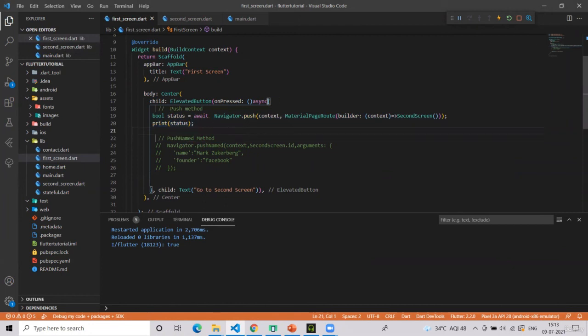Async and await are a very important concept. It's called asynchronous programming, and definitely in the later session we will be going very deep into that, because without this concept you won't be able to build any complete application. So the navigation portion is done. I hope you had fun and you had all your doubts clear. Please try to make more and more screens and practice it, because definitely you have to remember it by heart.